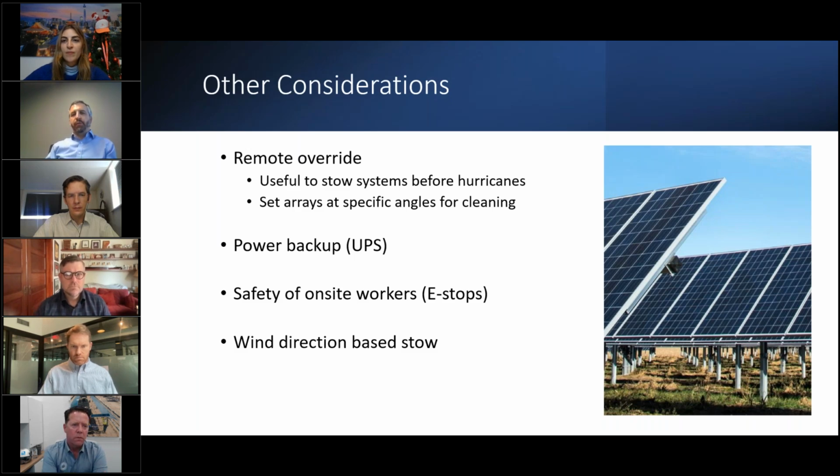If the power goes down during a hurricane or some other natural catastrophe, the grid power goes down, is there power on site to orient the modules into that stow position where they're most likely to minimize damage? Some other considerations: emergency stops, or E-stops. This is typically required by relevant UL standards, but making sure that those are on site to protect any O&M staff on site. And lastly is a consideration that will vary pretty significantly between tracker OEMs, is what tilt angles